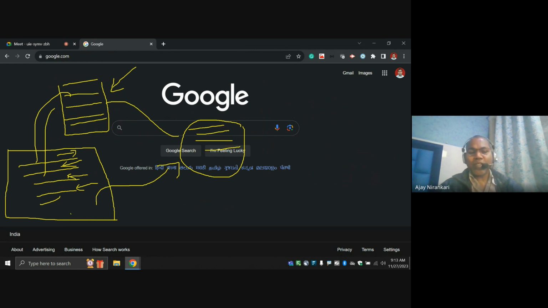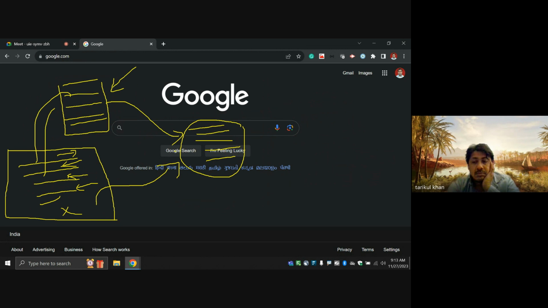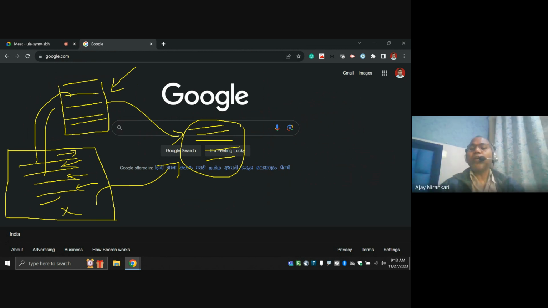Might be some test cases fail, then I complain, hey developer, can you look at this functionality? It is not working as per my expectation, as per my requirement. It's clear? Yeah. So this approach sometimes